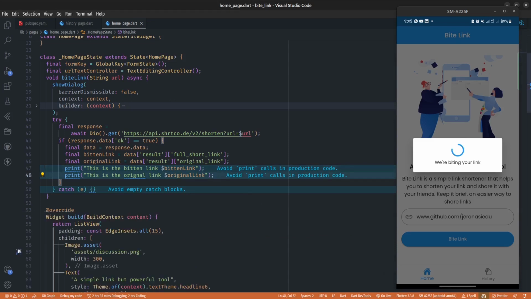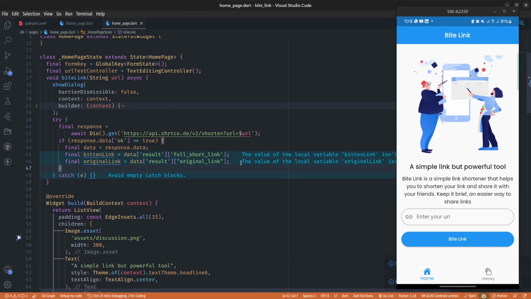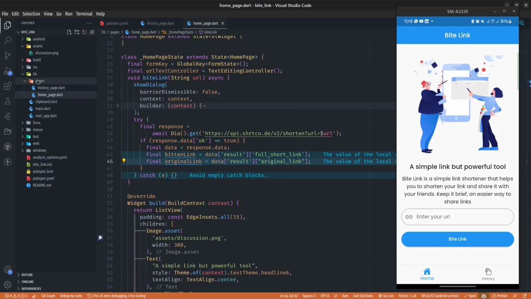And the next step from here is we first want to copy the button link to the clipboard, right? And in order to do that, let's create a function that copies this button link to the clipboard. And because we'll be using this function both in the home page and also in the history page, I want to create it outside the home page, right? So maybe outside the pages folder. Let's create a file and call it copy underscore to underscore clipboard.dart,